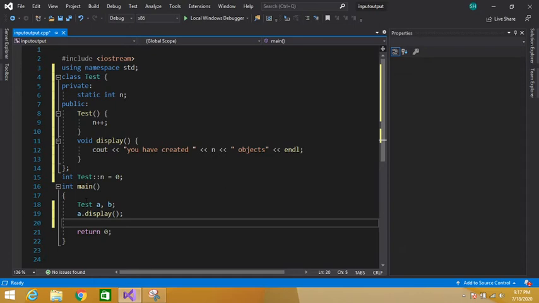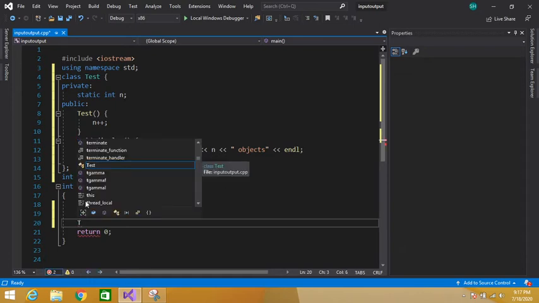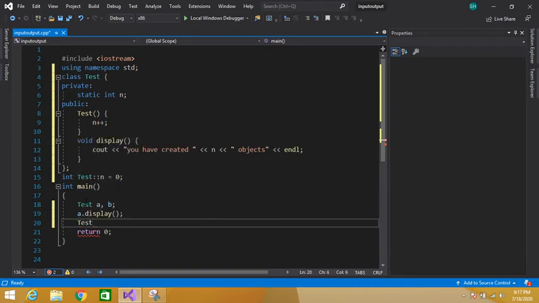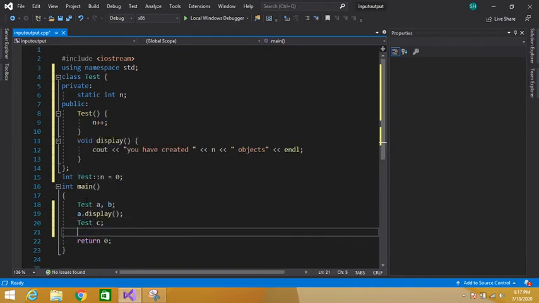Let's create another object, test C, and A dot display. The name of our function is display.